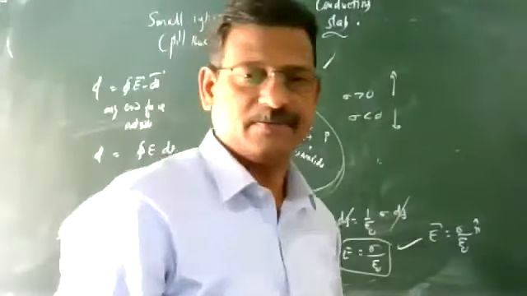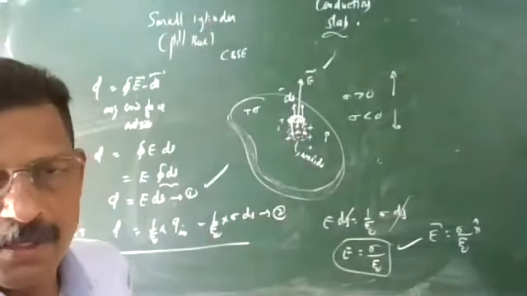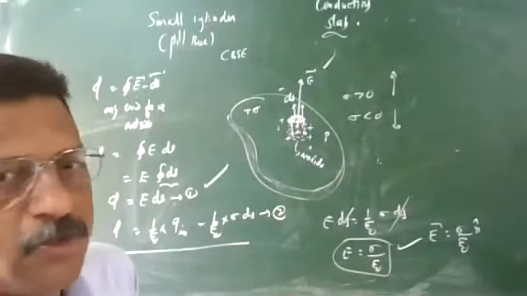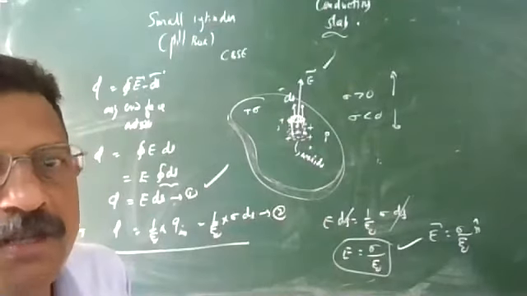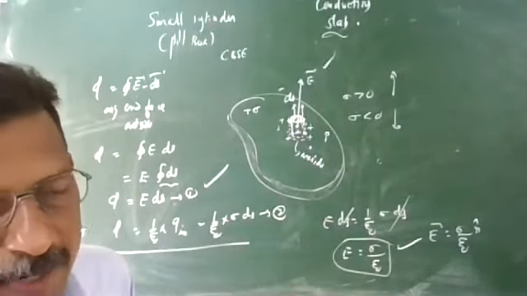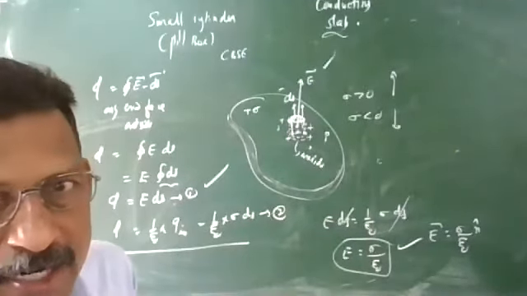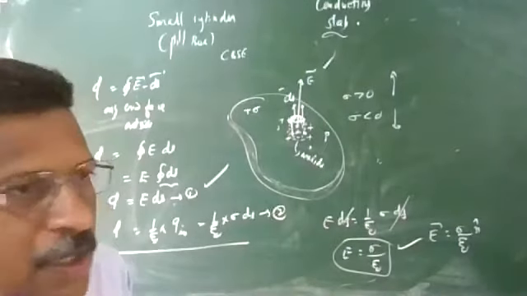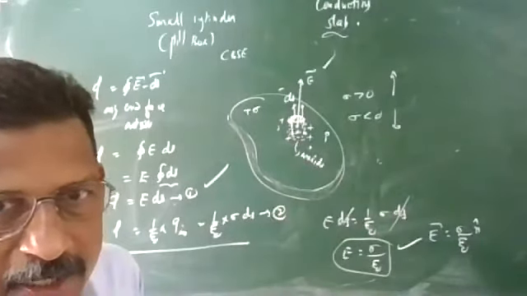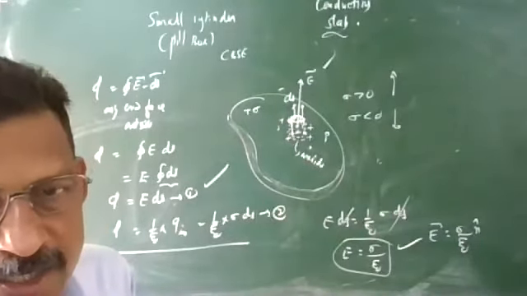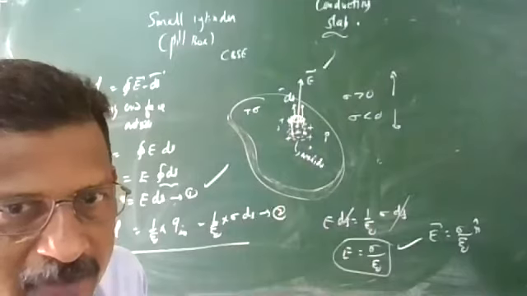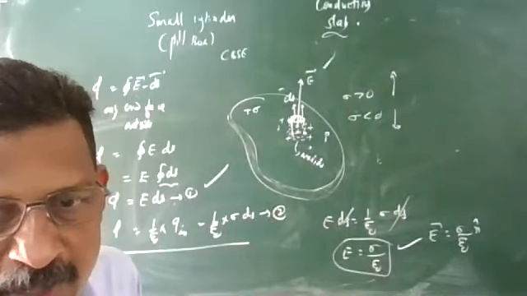So we summarize all these points. These are some important properties, or the behavior of a conductor in a field. Electric field inside is 0, a very important point. We use this point in the capacitance of a parallel plate capacitor when a conducting slab is inserted in between. And electric field is normal, charge inside is 0, and charge resides on the surface in the static situation. Potential inside is constant, which is the same as on the surface. And electric field at any point on the surface is E equal to sigma by epsilon 0.